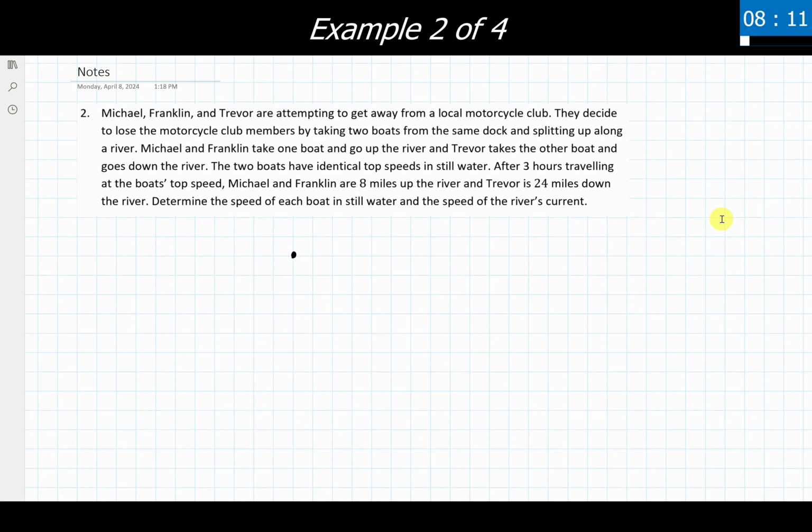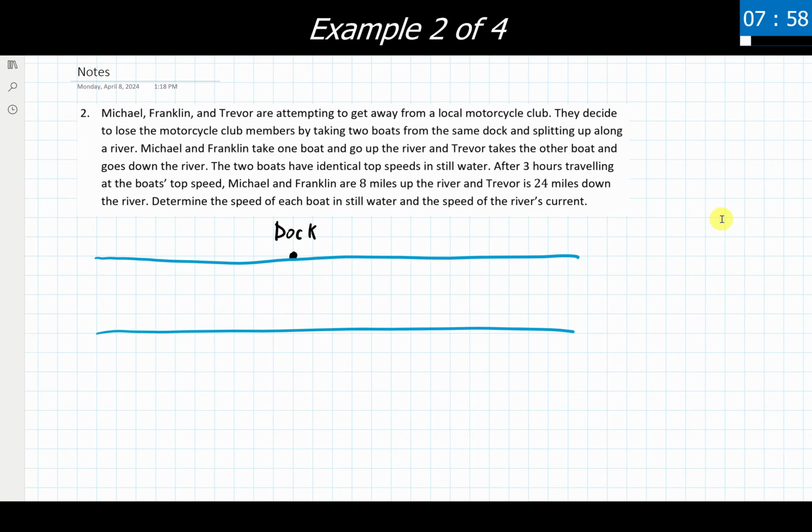So let's go with the idea here. Here we have our dock, because they're both starting there. And we'll see if we can get slightly artistic with this, see how well I can channel my inner Bob Ross for this video. So we've got our river here. If you want to put a shark or something in there, because you're frustrated with the math and you need a shark for the day, hey, why not?